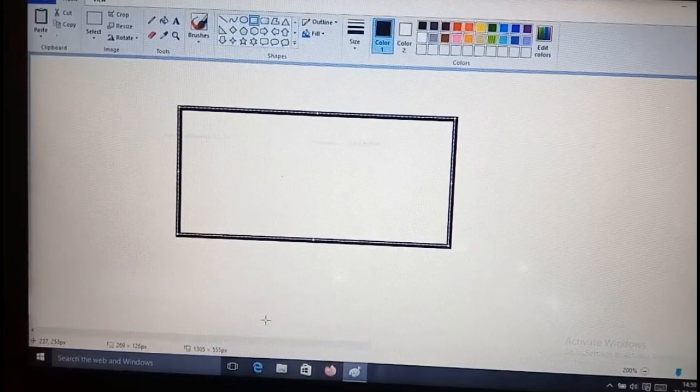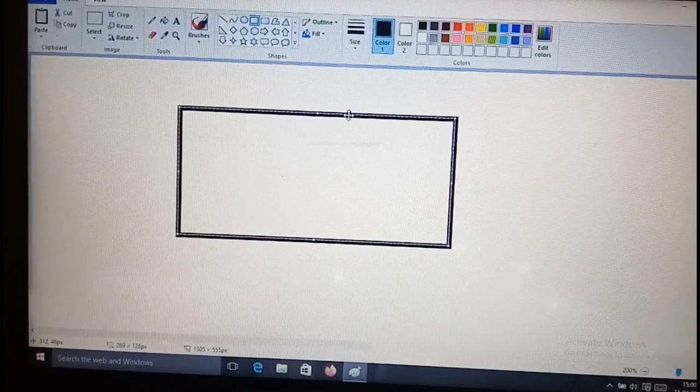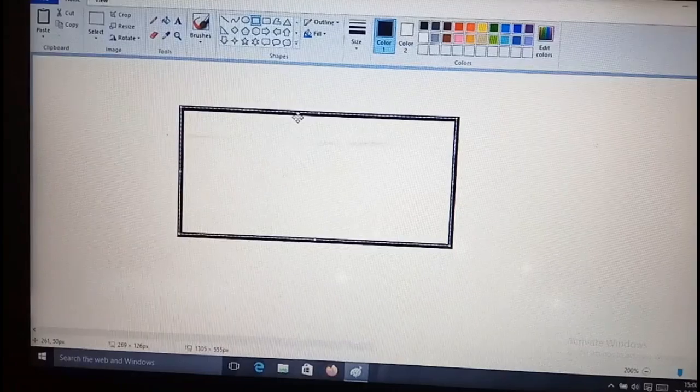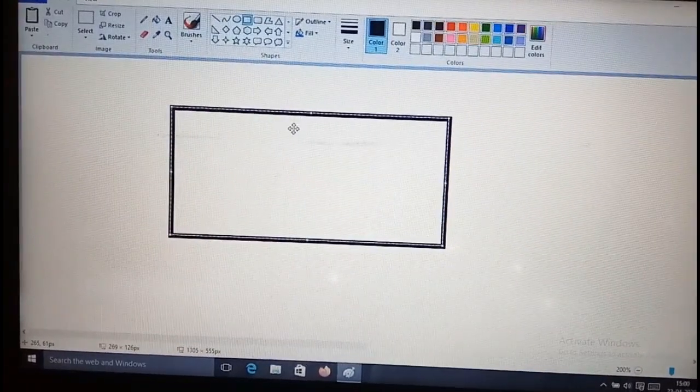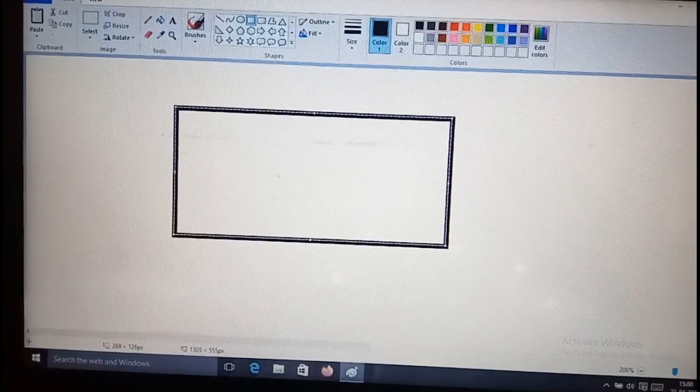Okay, so my dear students, now we have already discussed all the options and all the groups which are available in MS Paint. After doing so many things, painting and drawing, cropping, resizing, so many formatting changes you have already done by using MS Paint, after doing our hard work, now it's time to save your file.